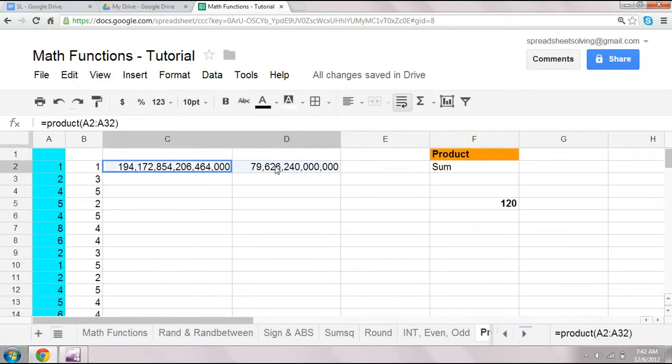Okay, so I would encourage you to do method 2 whenever you're using the product function. Reference the cells. It will allow you more flexibility by allowing you to multiply more than 30 numbers, and B, it's a much more